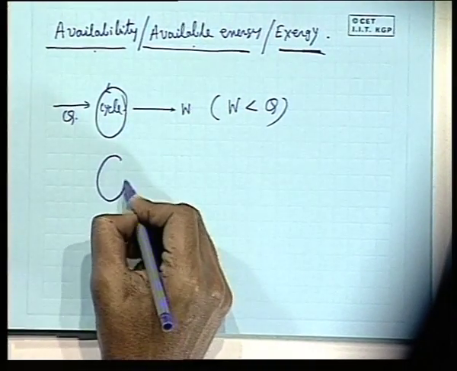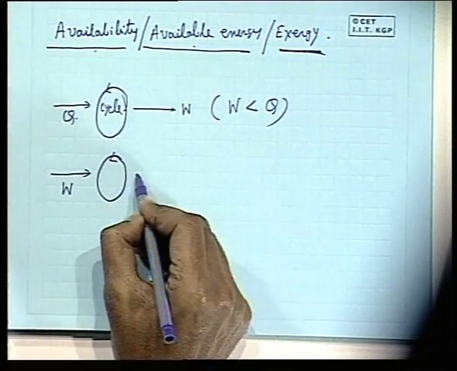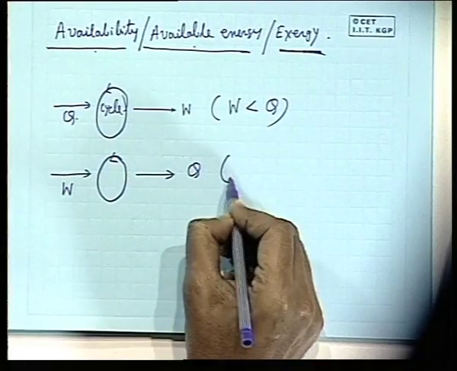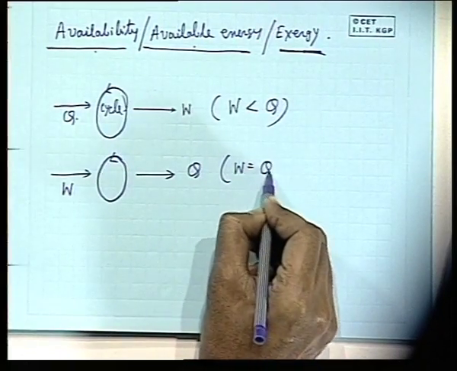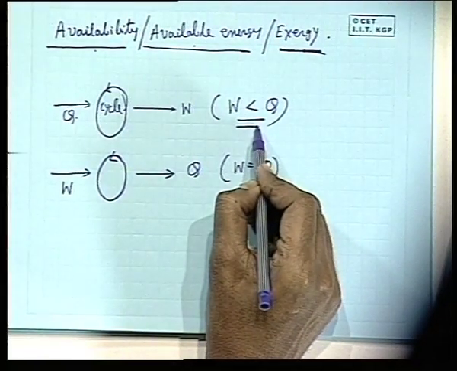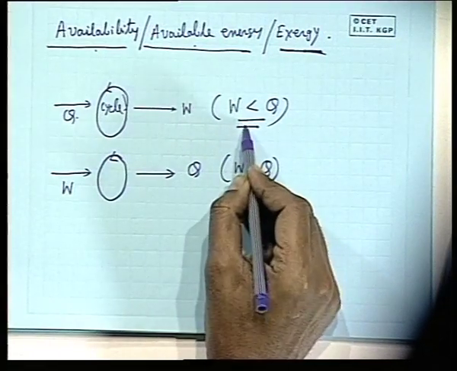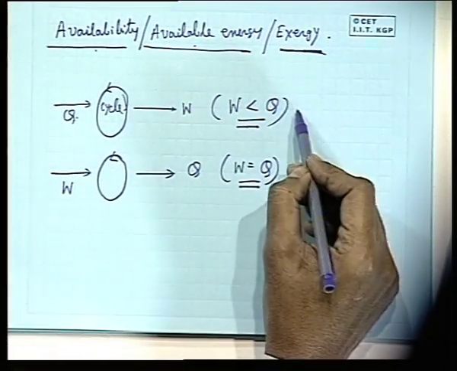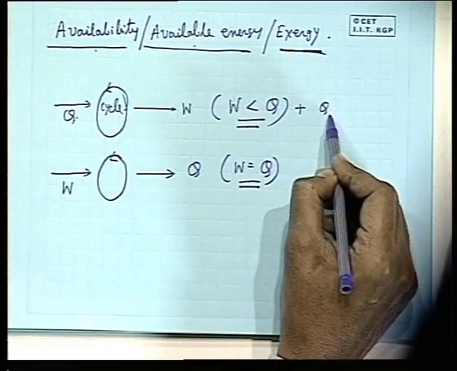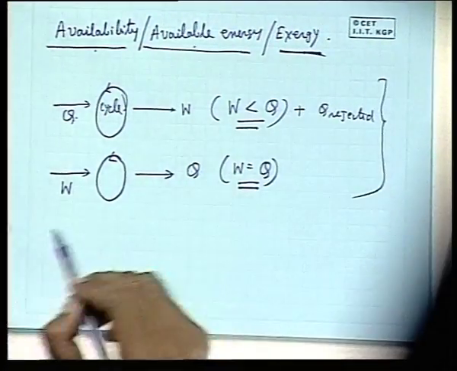While if you want to convert work into heat, you can definitely convert the entire work into heat. This does not violate the first law. Apparently, it means it is in accordance with energy conservation, but it is not. Why? Because some portion of heat is still left here, Q rejected. So, this is the basic foundation